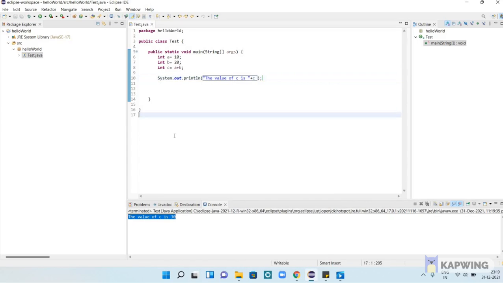So see, in this way you can easily install Eclipse in your system. If you have not installed Java in your system, I suggest you go to my previous videos where I have explained how to install Java on your Windows machine. First of all, you need to install Java, then step by step you install Eclipse. After installing Java, make sure that you set system variables in your machine and check that Java is correctly installed using the java version command. Or you can install Eclipse in your machine and run a sample Java program so that you are sure that Java is installed and Eclipse is working fine.